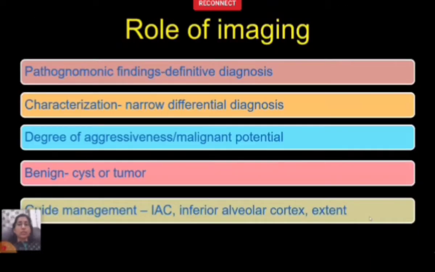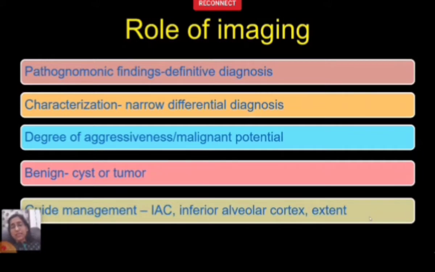So what is the role of a radiologist? We can have a very ambitious role of making a definitive diagnosis if the findings are very pathognomonic. But what we usually end up doing is characterizing the lesion and narrowing down the differential diagnosis to a relevant few. And also mention how aggressive the lesion looks like. Does it look aggressive? Does it look malignant? If it does not look that, if it looks like a benign lesion, whether it's a cystic lesion or it's a tumor. In addition to solving all these diagnostic problems, we also help in guiding the management of the patient